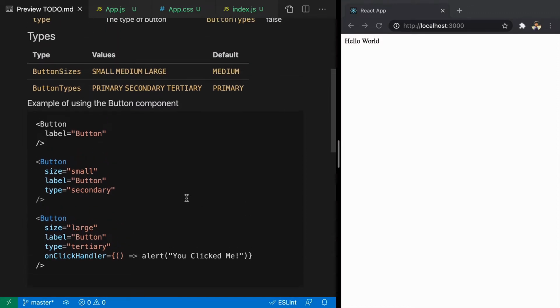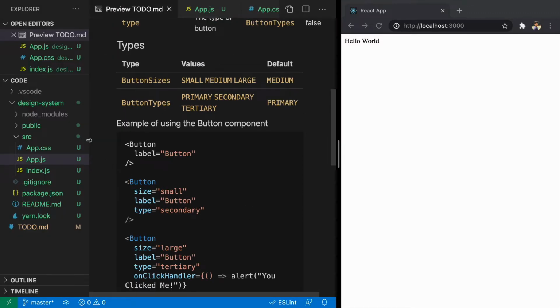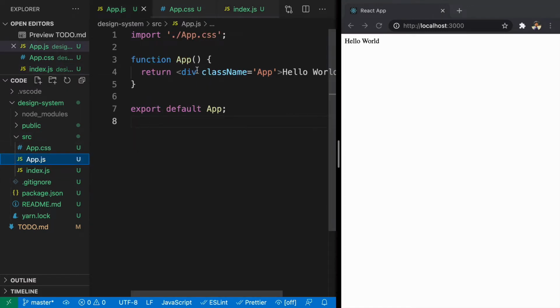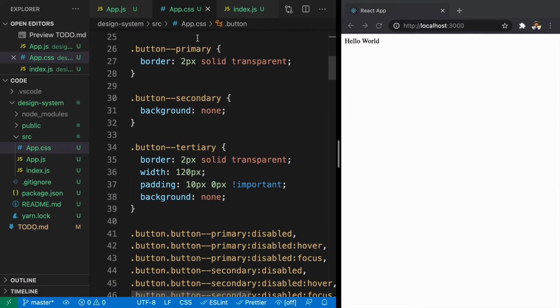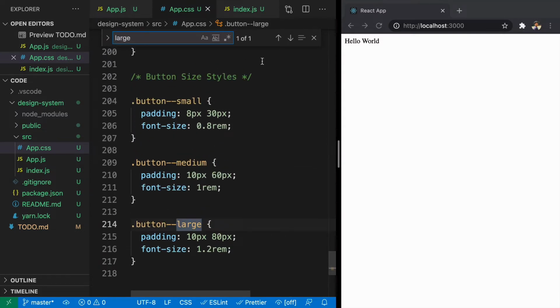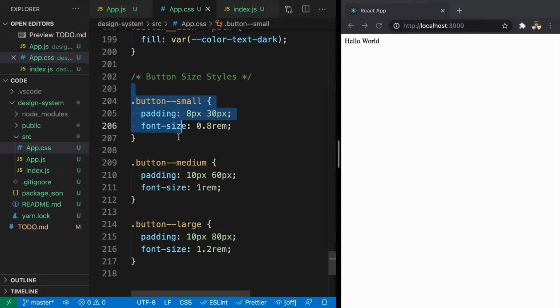And we are also passing an event handler by passing an on-click handler, and this is the event that we need to handle. So I've already created a basic Create React App boilerplate, and here we have the index.js file. Our index.js file is rendering the App component. If you go into the App component, we are importing App.css, and inside App.css we have CSS written for different circumstances. Like here we have button--primary, this is for primary, this is for secondary, this is for tertiary. Similarly, for large, medium and small, we have it here. This is about button sizes.